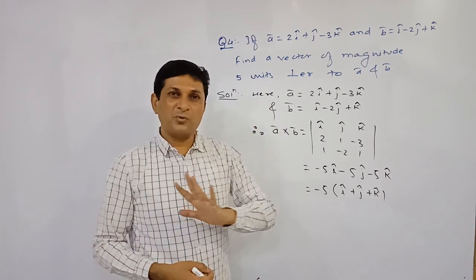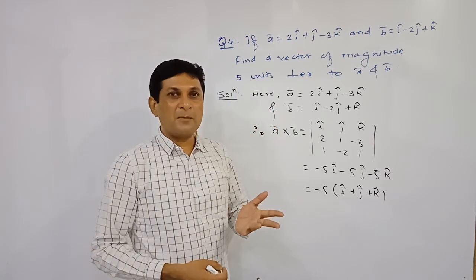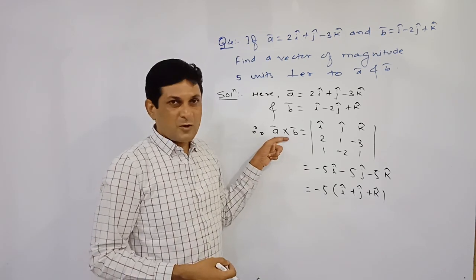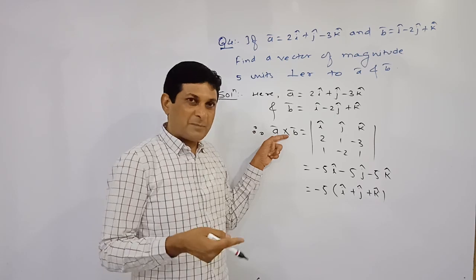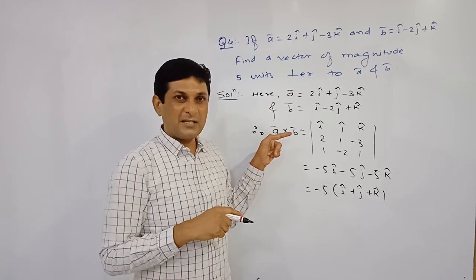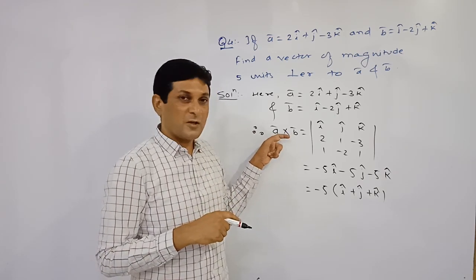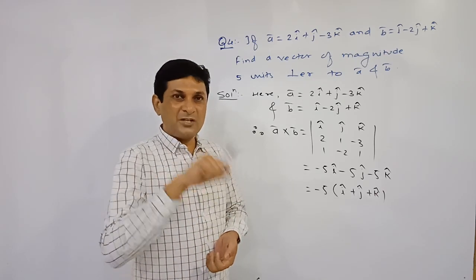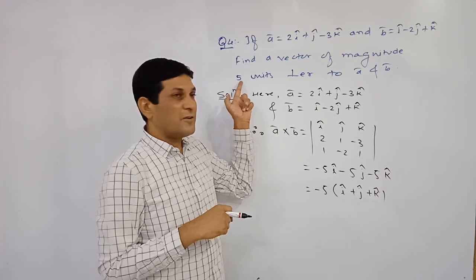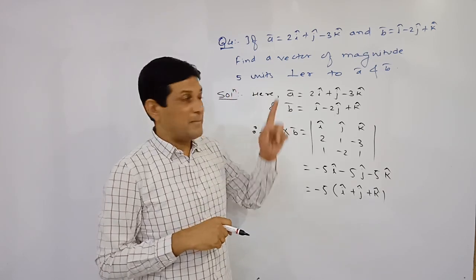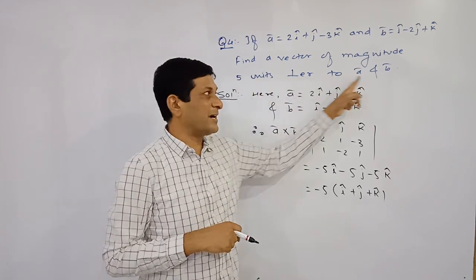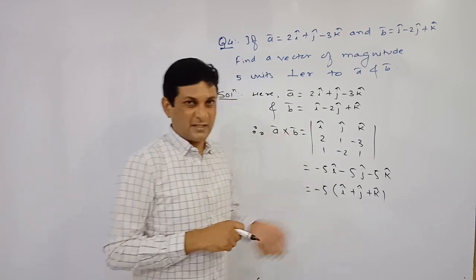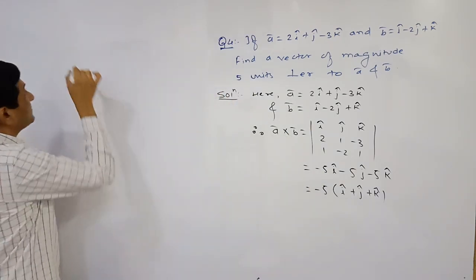So first what we will do, we will find out a unit vector along A bar cross B bar, because A bar cross B bar is perpendicular to A bar and B bar, means its unit vector along A bar cross B bar is also perpendicular to A bar and B bar, and if you multiply that unit vector by 5, you will get a new vector of magnitude 5 unit perpendicular to A bar and B bar. So first let us try to find out the unit vector. So therefore, unit vector